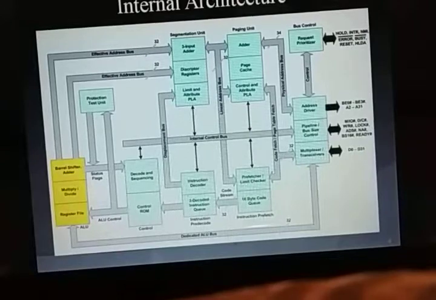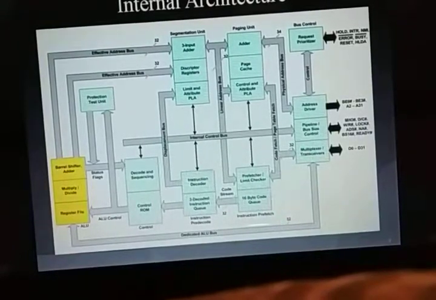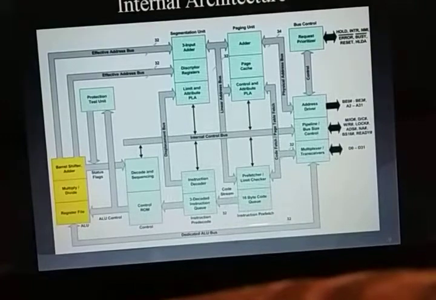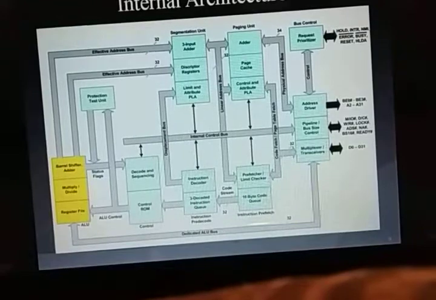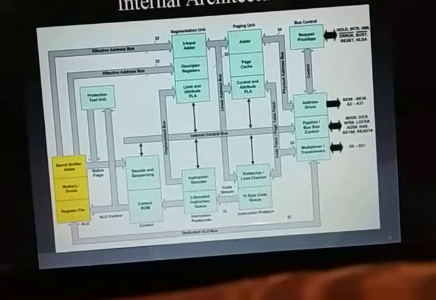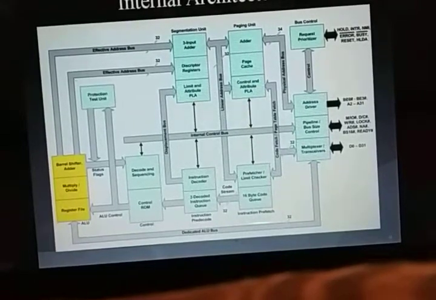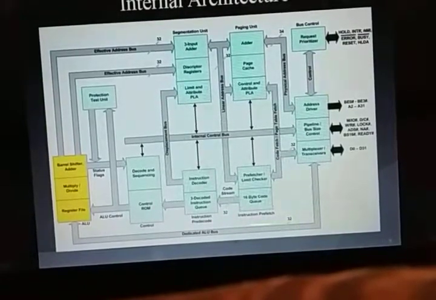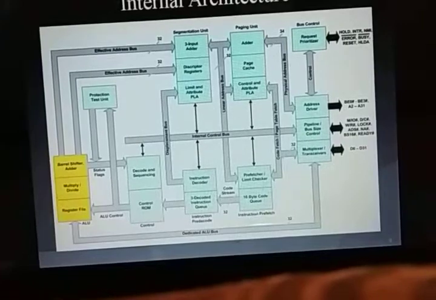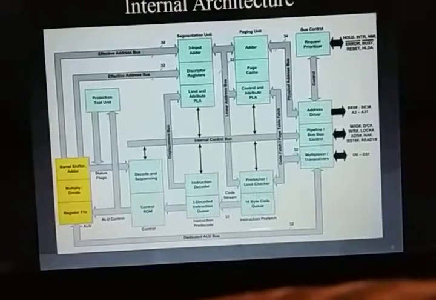After decoding, you send this information to the execution unit, and the execution unit contains the barrel shifter, adder, multiply and divide logic, and register file. Whenever the execution unit performs an operation on data, by using these units it reduces the access time, or the execution time, of that data. The barrel shifter is used for multiple bit shifting, meaning many bits can be shifted at a time. By using this you can make the execution faster, or reduce the execution time, both can be said. Then you send your data to the memory management unit.